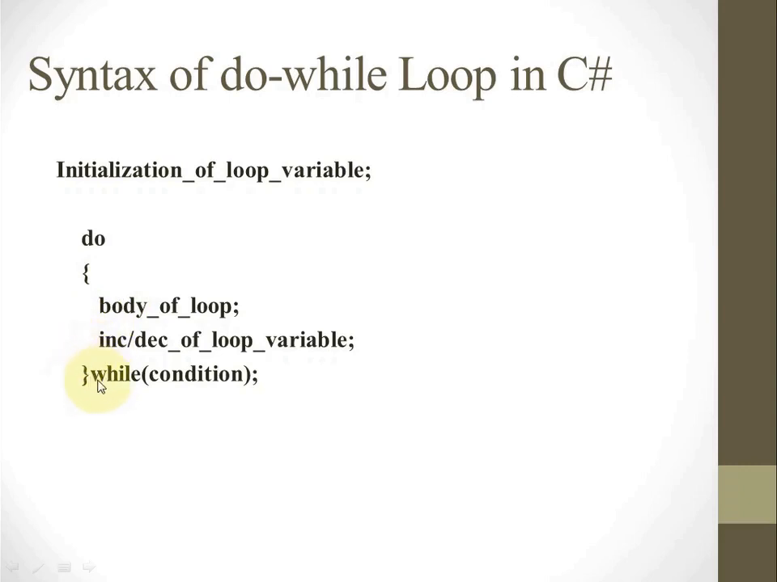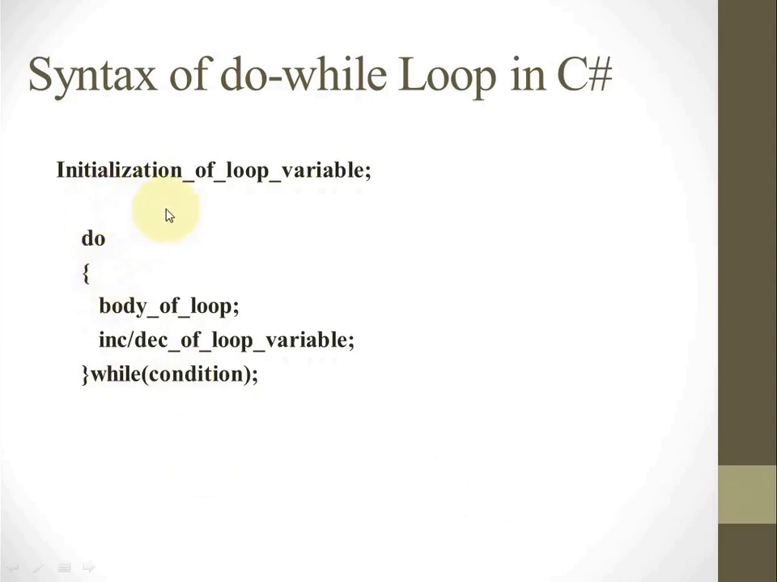At the end of the body we will be using the while keyword and a certain condition. At the end there will be a semicolon. So the first time, this loop body will be executed whether the condition is true or false, because in our previous two loops